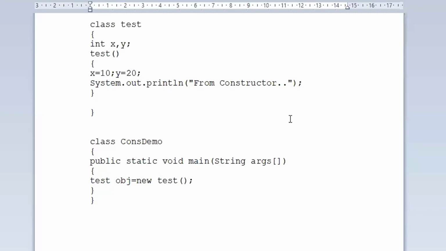In a println statement, let me check whether it has initialized those values or not. x is colon plus x, plus y is colon plus y.